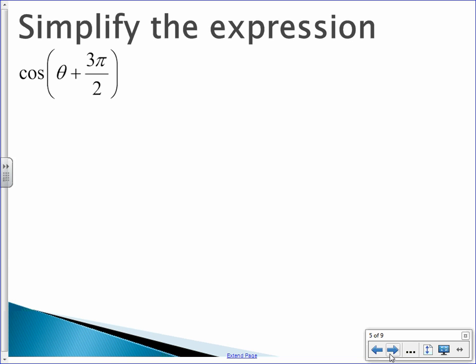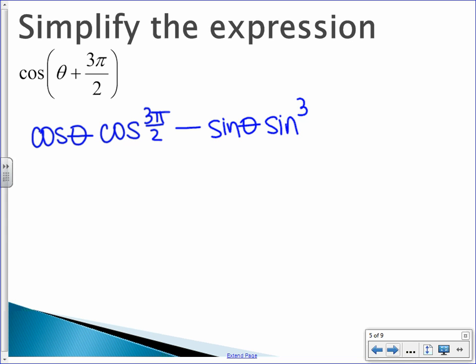Okay, now let's write it. We first take the cosine of the first angle times cosine of the second angle. If it's addition inside, what do we use for our formula? Subtraction. And then we do the sine of the first angle, sine of the second angle. Okay. Now, we obviously can't rewrite the sine of theta or the cosine of theta, but we can evaluate the